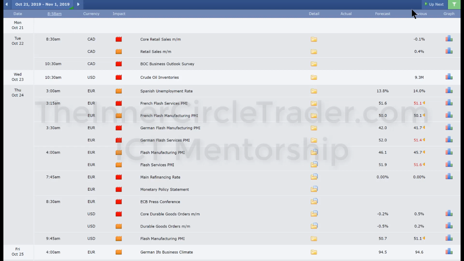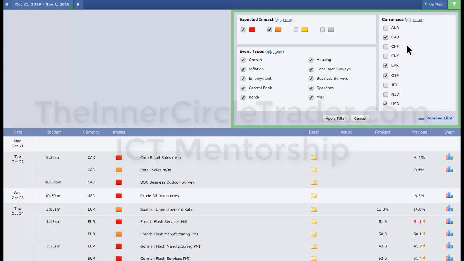Generally, if you click over here on this little icon on Forex Factory's calendar, this will bring up your settings. This is your filters. My filters are generally this. Every weekend edition of the mentorship analysis and commentary video, you'll always see my calendar toggled with the high impact, medium impact. The low impact is not toggled, and the non-economic is not toggled. The Canadian dollar is, euro, GBP, and dollar. The rest I do not look at because I don't trade them.